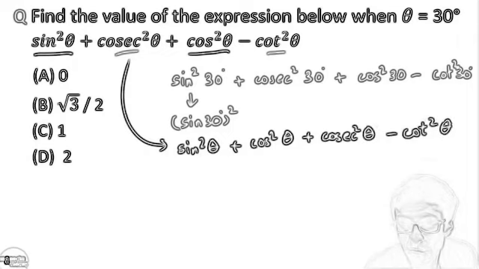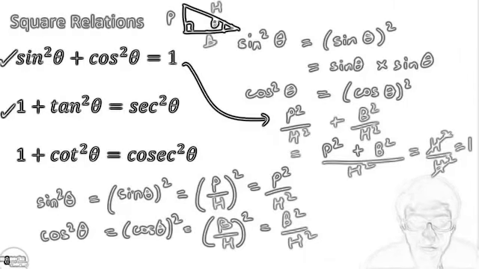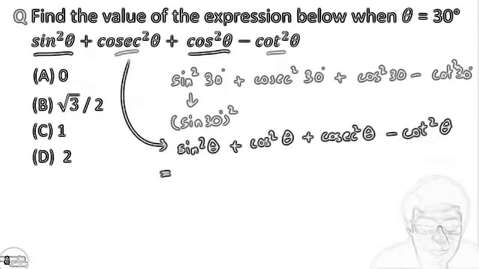Very good. I see a lot of you are already writing the answer. Excellent, guys. Great to see you participating in these questions. So please go ahead and try this out, and it's very simple. So if we use the square relations that we saw here, sine square theta plus cos square theta is 1, right? So if you take a look at this term, so this entire